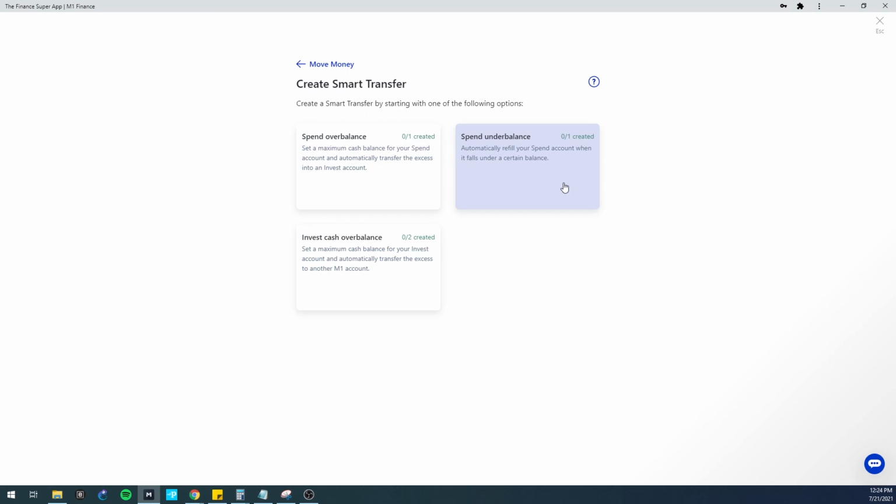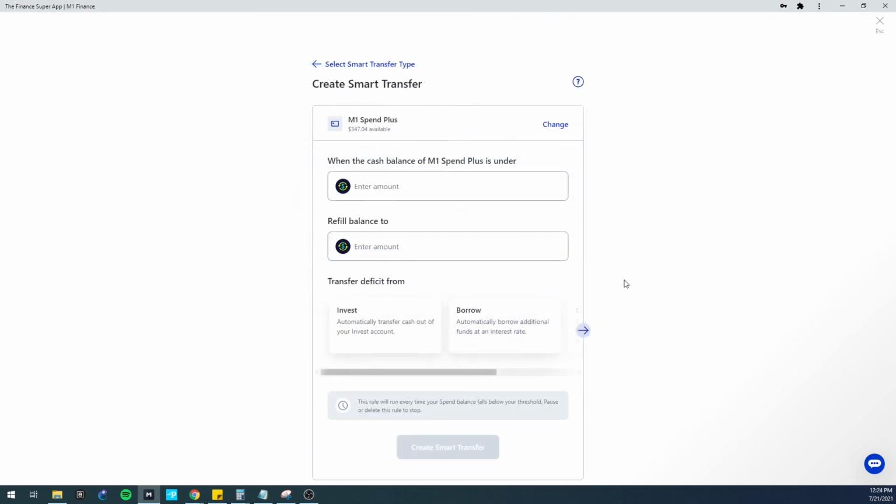well, I want my checking account to have at least $2,500 in it. And how do you want to do that? Well, let's take a look here. So when my cash balance in my M1 Spend Plus is over $2,500, I want to refill my balance,